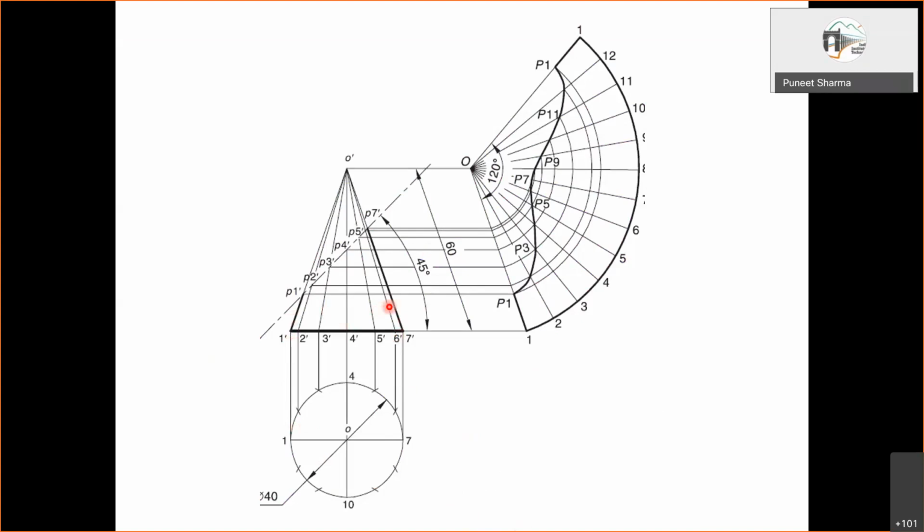So I assume that everyone knows how to divide this, transfer them to the front view, and join them all with the apex to obtain these generators in the front view. Beyond that, the location of the section plane will be given to us, and based on that it will be located.